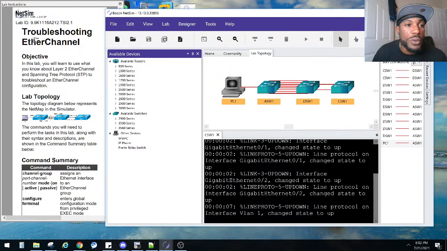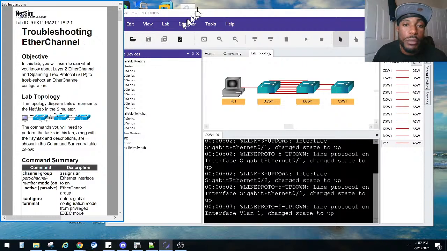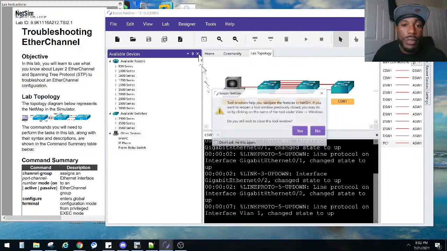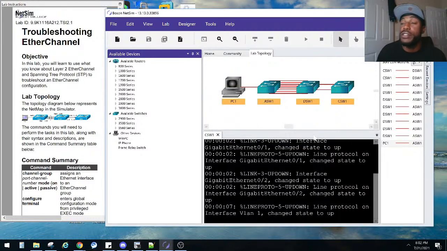Today's lab is troubleshooting EtherChannel. We've been doing pretty much EtherChannels the last week or so, and we've been configuring them. We learned about the different protocols. Actually, there's 3. There's static EtherChannels, where you set the modes to on. We also did PAgP, which is a Cisco proprietary one that is turned on by having one switch in desirable mode, or PAgP will be desirable and auto, or desirable and desirable, and then it will form an EtherChannel. And if you want an LACP EtherChannel,